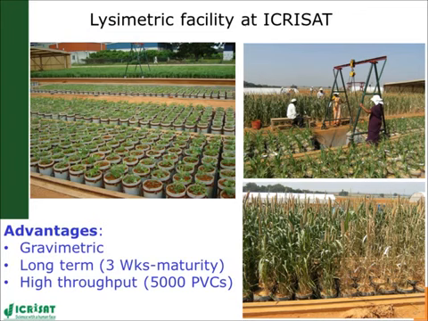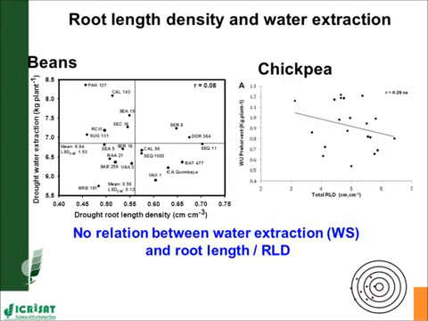and the differences in consecutive weighings give us plant transpiration. So we are capable of measuring the whole water budget of the plant throughout the entire cropping cycle. And well, we've got fairly high throughput and a fairly large capacity with those cylinders. So with those cylinders, we could also extract the roots and measure the root length density. And there's a lot of work on the roots that look at really the